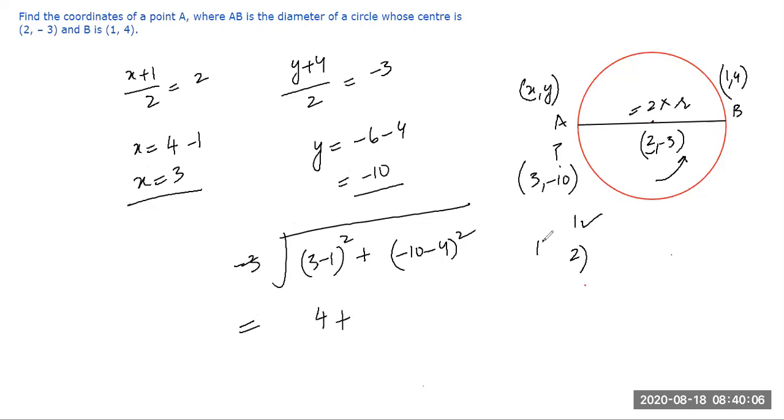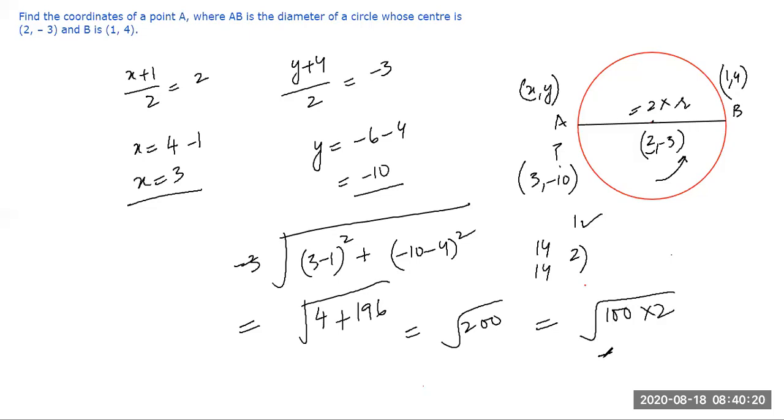What is 14 squared? 196, under root. So this is perfect. This is 200 under root, which is equal to 100 into 2 under root. So this is perfectly right. 10 under root 2. I think this is the same answer we got last time. Am I right? Yes, sir. Students, you successfully